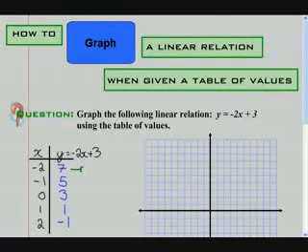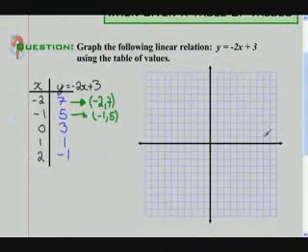For example, when x is negative 2, y is 7, we can rewrite it as the coordinate negative 2, 7. Similarly, when x is negative 1, y is 5. Now there's no need to write out all these values in the table of values as coordinates because we know that on the table of values these represent coordinates. So what we're going to do